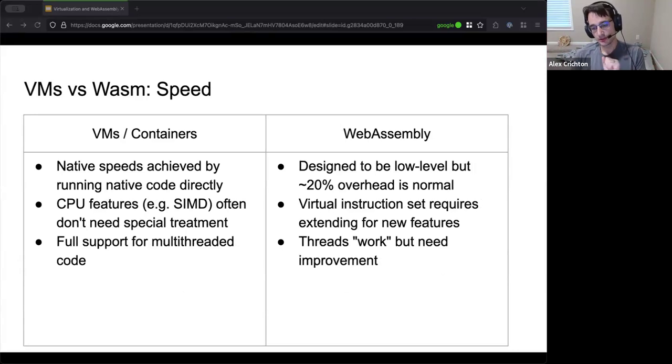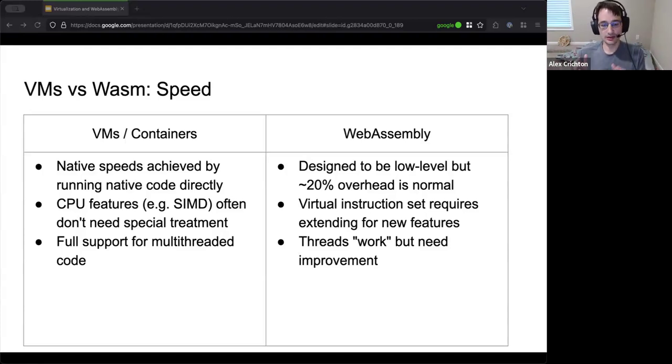So on the speed aspect, virtual machines definitely have a huge leg up here. This is one where you're running entire operating systems inside of a virtual machine. They have raw access to the entire system, or rather what's been virtualized, but they've been optimized and worked on for decades at this point. So you have near native speeds, you get all the SIMD features you want, you get as many threads as you want, that you can configure. So there's effectively no overhead with running virtual machines in that regard, at least for the predominant use case scenarios. This is one where it's not necessarily that everything will run at exactly the same speed, but that's the general idea.